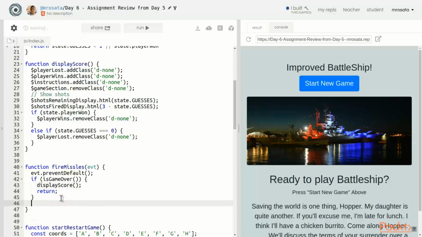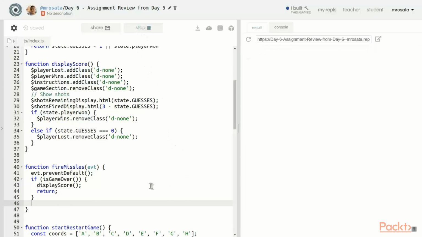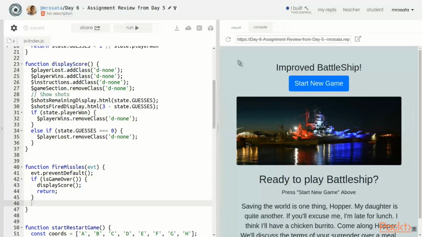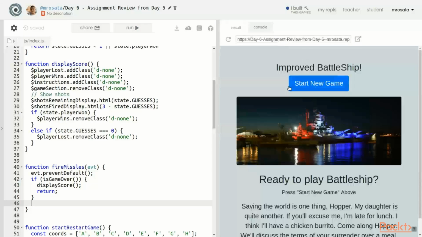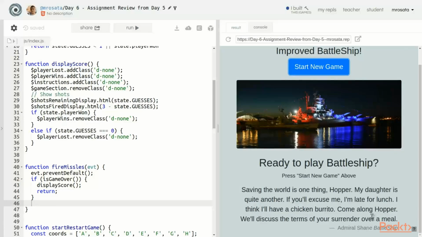And underneath here, we will get the values from our form. But before we do that, why don't we just run this and make sure it's actually working? So here in our console, we can see that the state is at its base state. If we hit start new game,